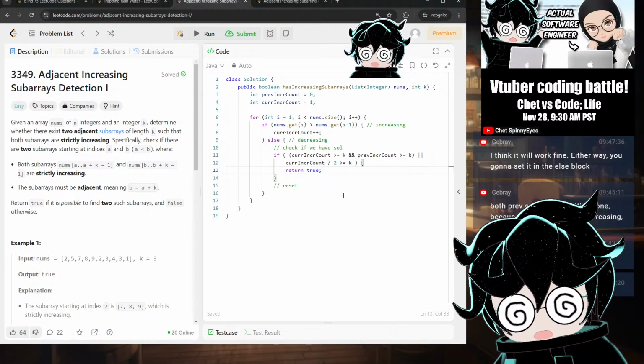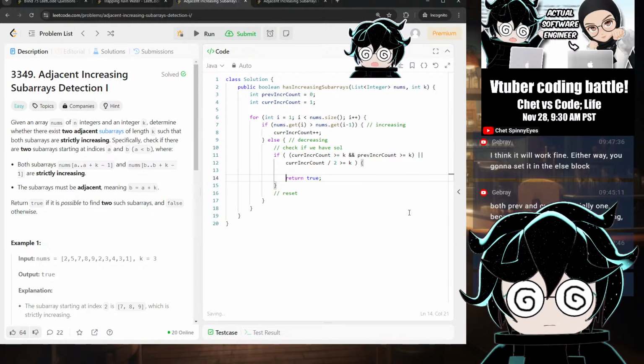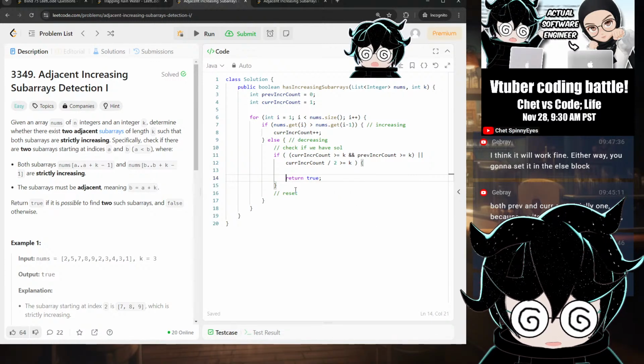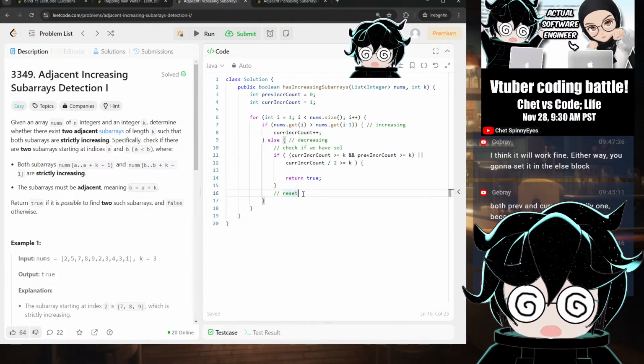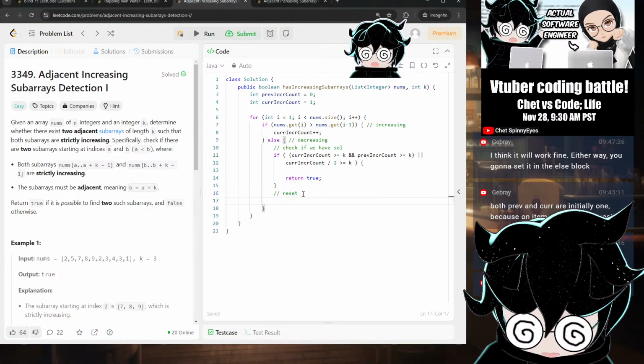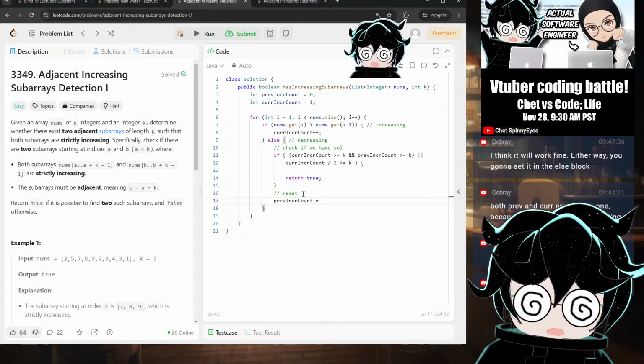Then you return true as well. Yeah, I feel like that's what we do. And then we reset if there's no solution, which means the previous increasing count is now set to,